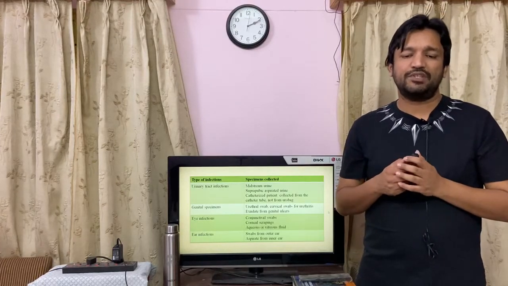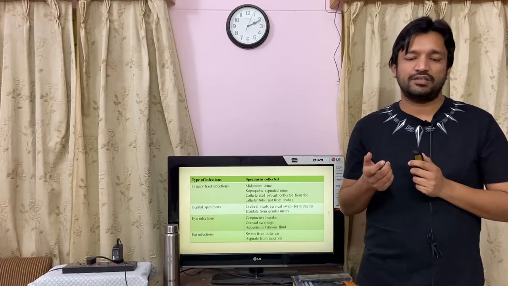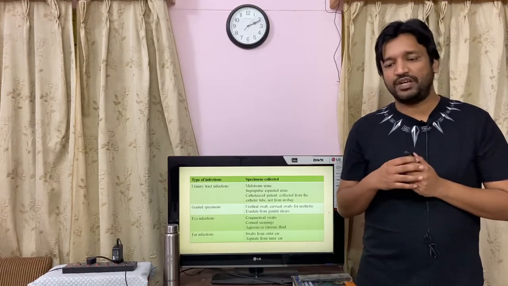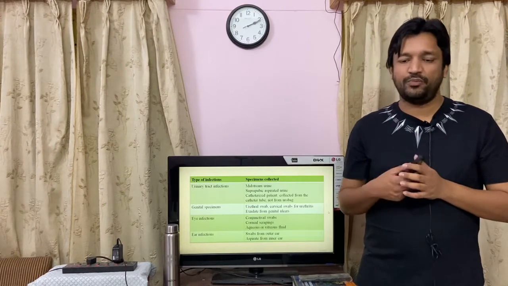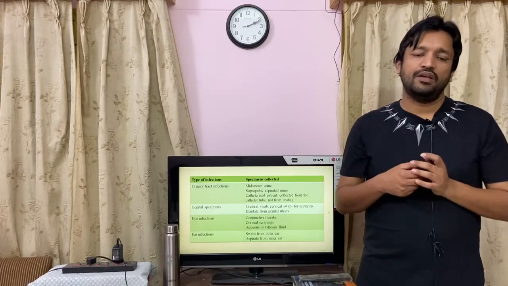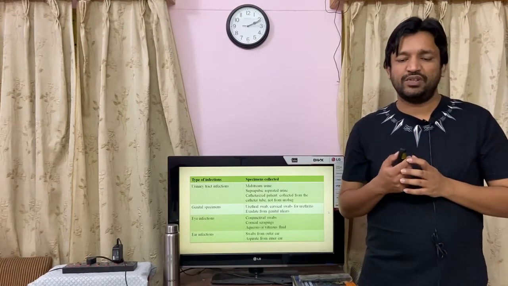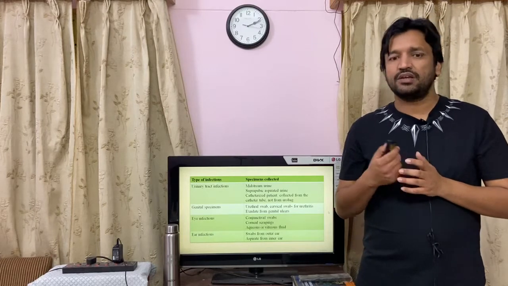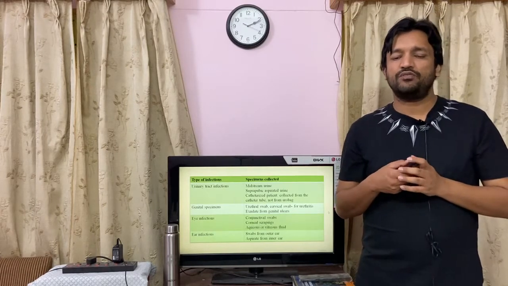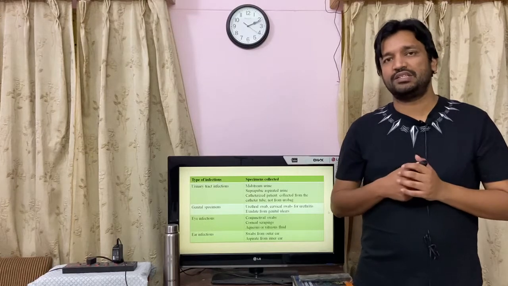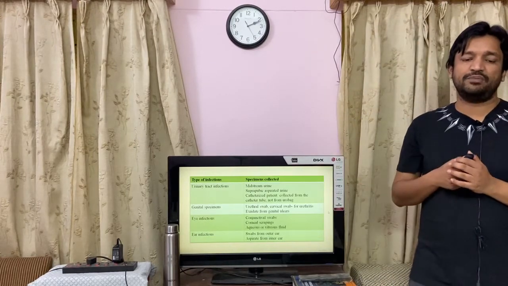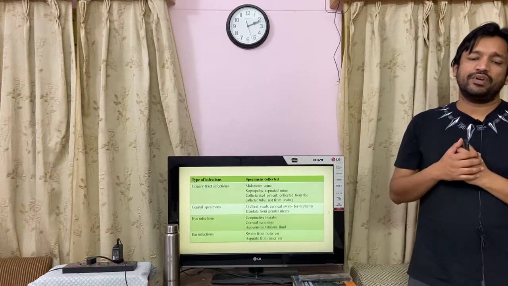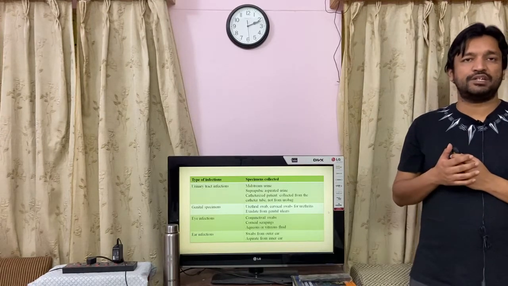For genital specimens, we have to collect cervical swabs and urethral swabs. Exudates from genital ulcers can directly be obtained on the slides. For ocular infections, conjunctival swabs and corneal scrapings. Then we can take aqueous or vitreous fluid for culture and microscopic examination. Then for ear infections, swabs and aspirates.